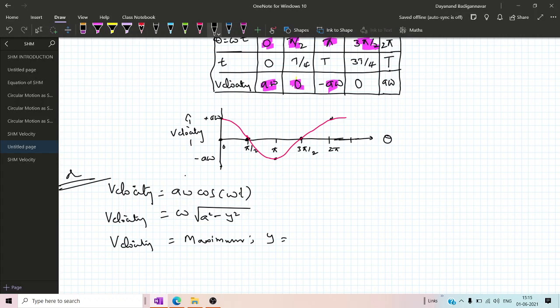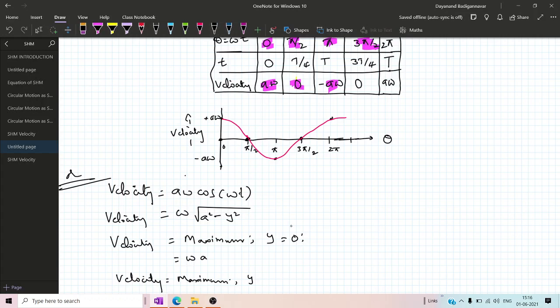You cannot make the amplitude 0, you can vary the displacement, but if the displacement is 0, then you get omega into a as the maximum. So similar to the condition we have got here, the second one is velocity is maximum. There is another possibility, that whenever y is equal to 0, it is maximum at y equal to 0.